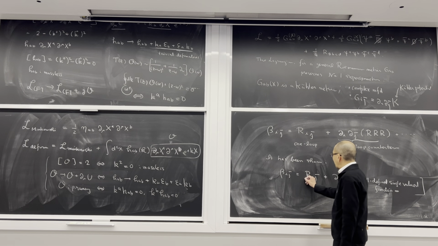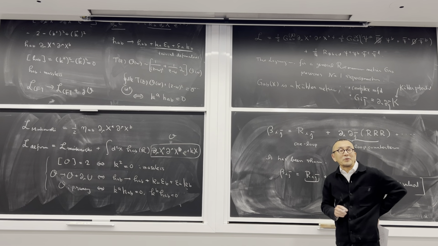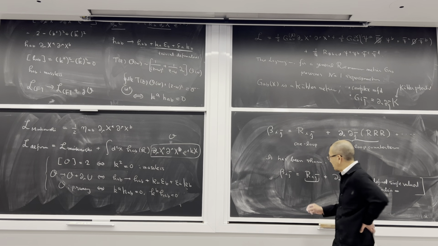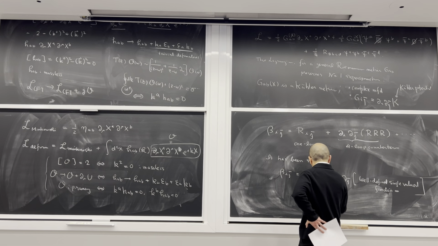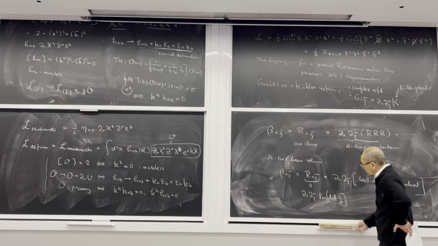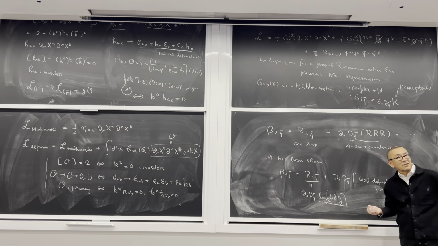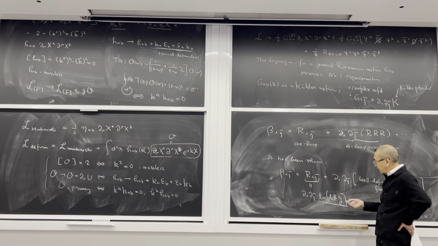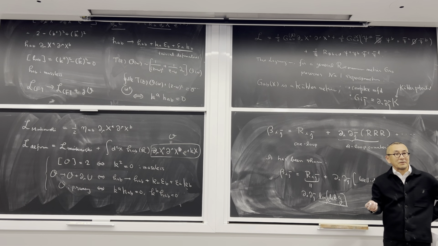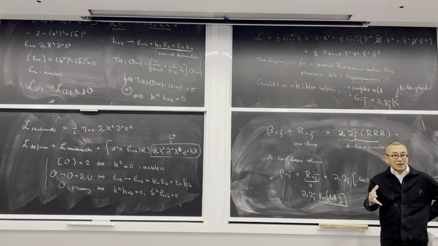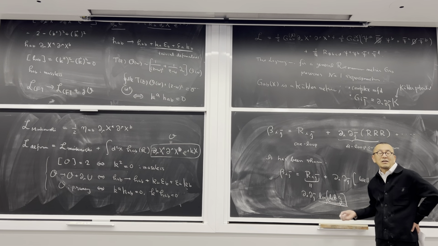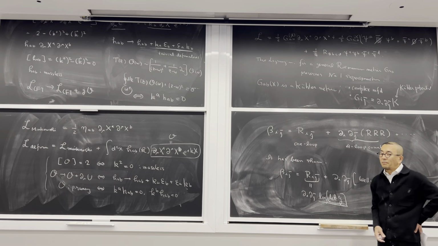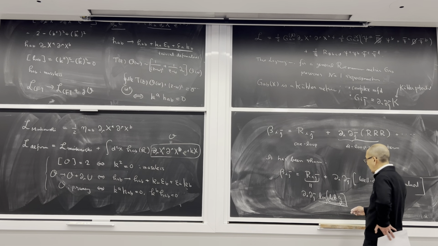Well, R_ij-bar is not the del del-bar of a well-defined function on the space, because this is actually equal to del_i del_j-bar of log of the determinant of G. So this is not a well-defined function, because the determinant of G is not a scalar field. G is a metric, so it's a tensor. So this transforms like a totally antisymmetric tensor